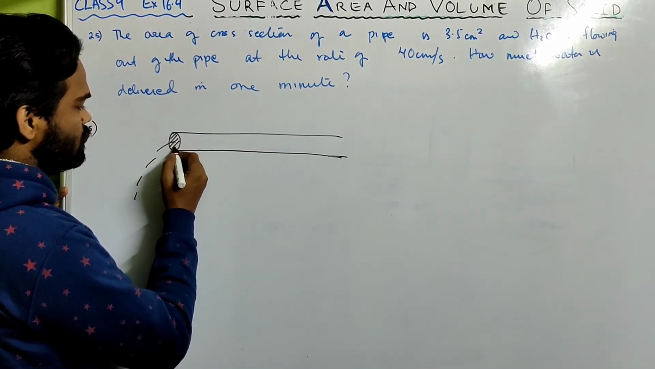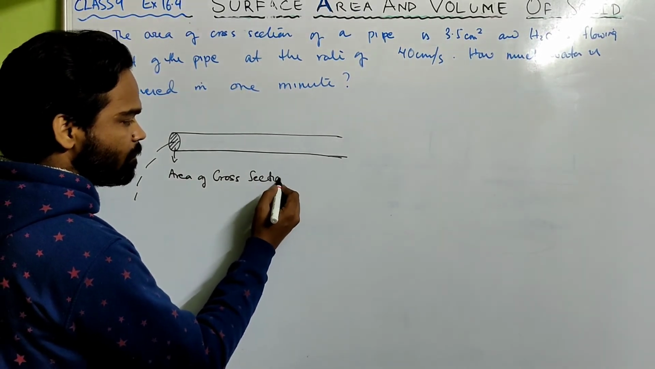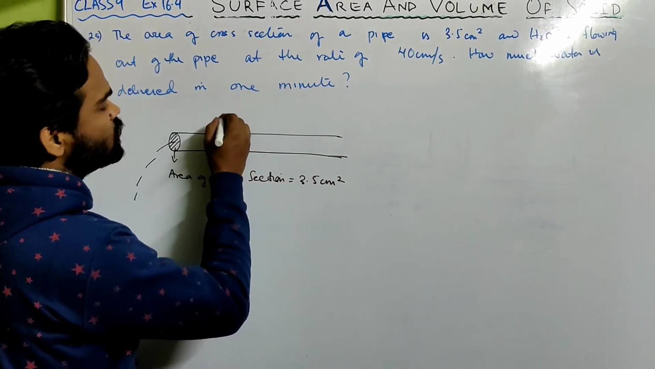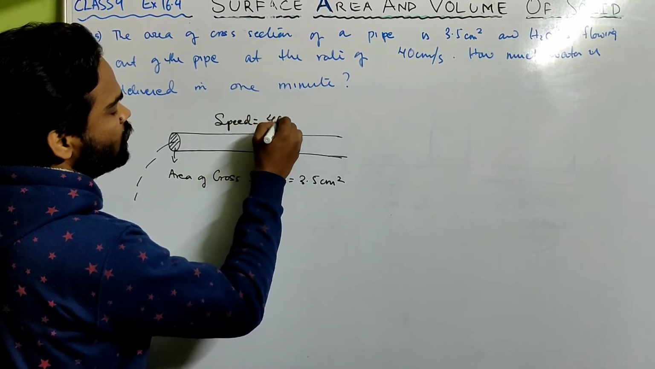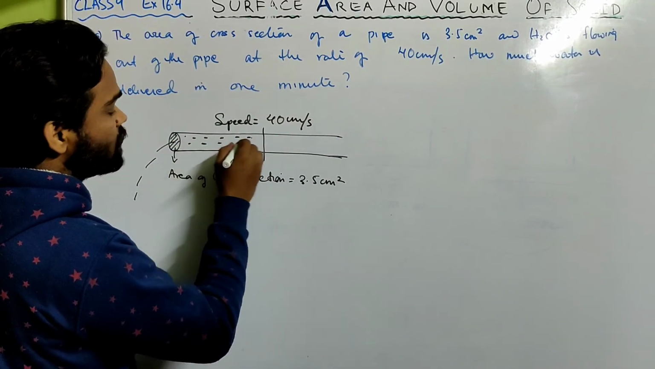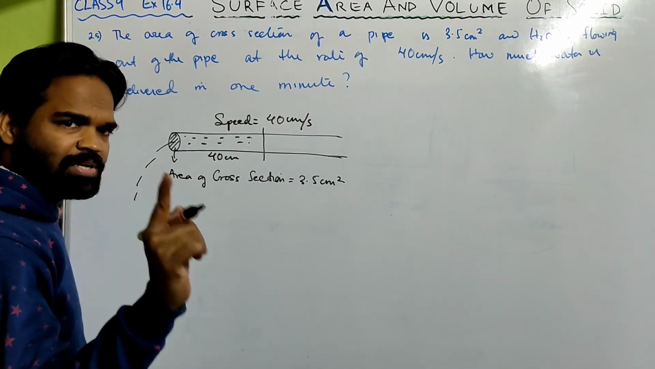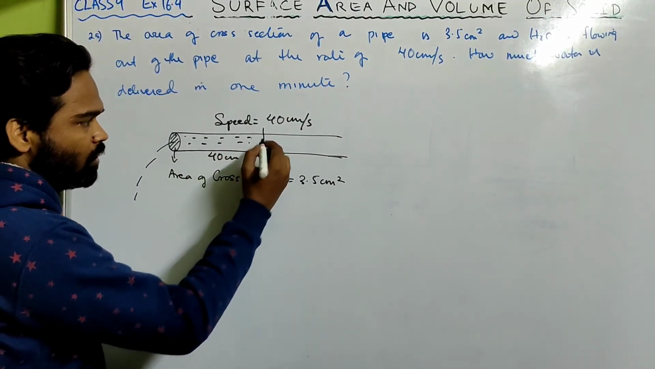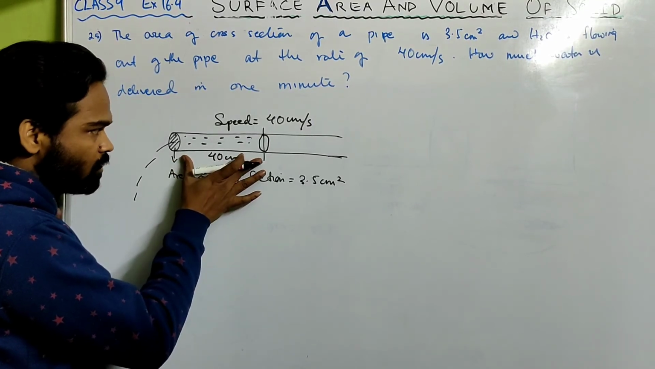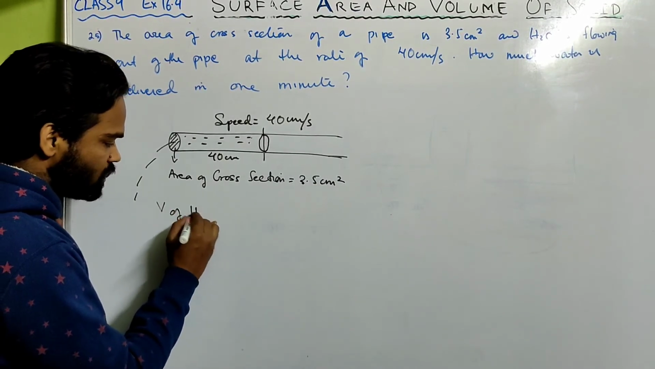Area of cross section is given to us. That's 3.5 centimeters square. And the speed at which the water is flowing is 40 centimeter per second. So suppose from here to here, the length is 40 centimeters. Then this much of water comes out of the pipe in 1 second. Am I clear or not? Try to understand. If I take from here to here as 40 centimeter, then this much of water comes out of this pipe in 1 second, which means volume of water